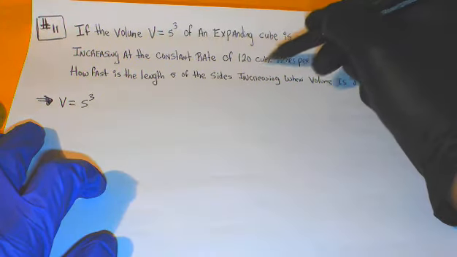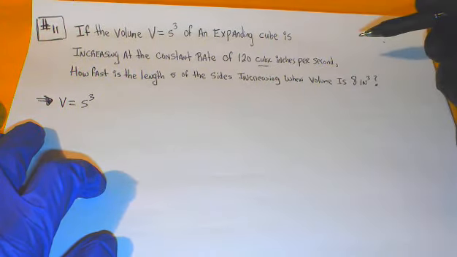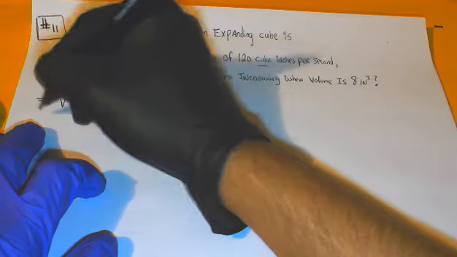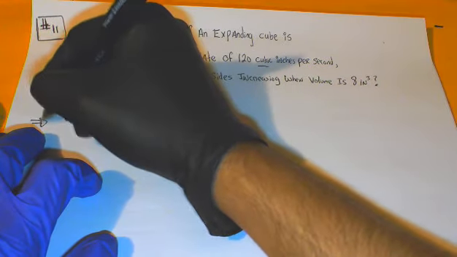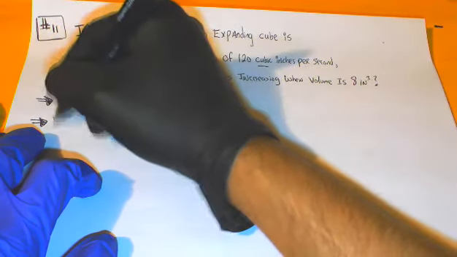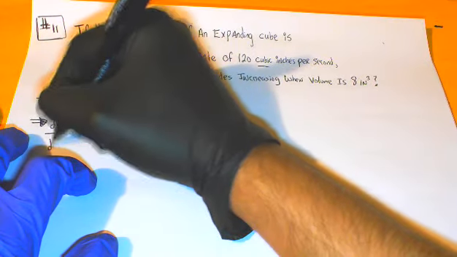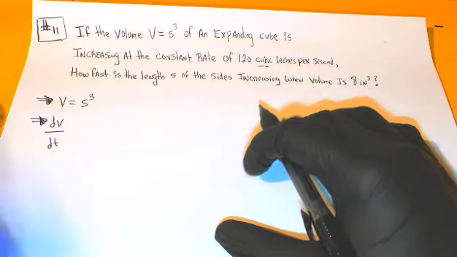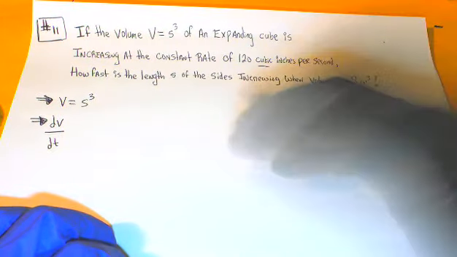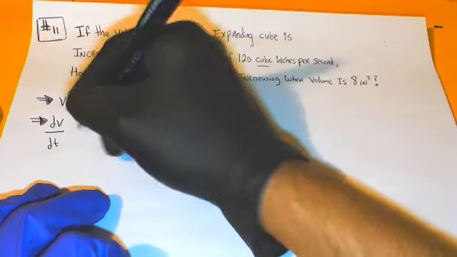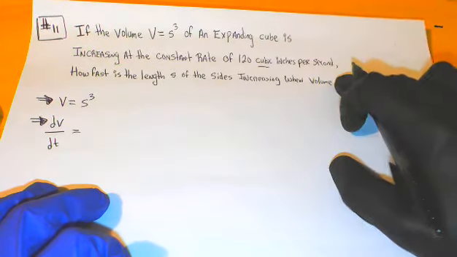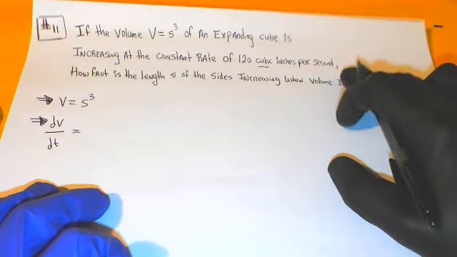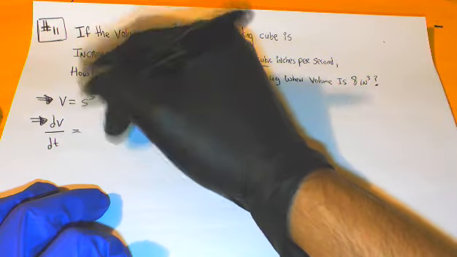Since it's given in cubic inches per second, that tells me the rate at which volume is changing with respect to t. Remember, we use the symbol dV/dt to represent a rate of change. Since it's increasing at a constant rate of 120 cubic inches per second, I can say that dV/dt